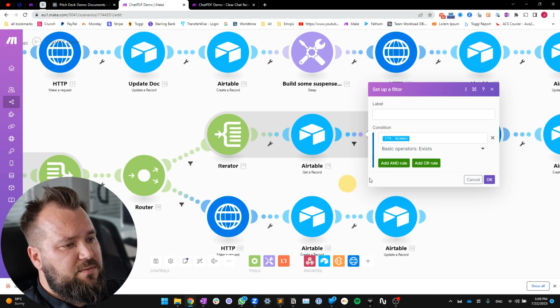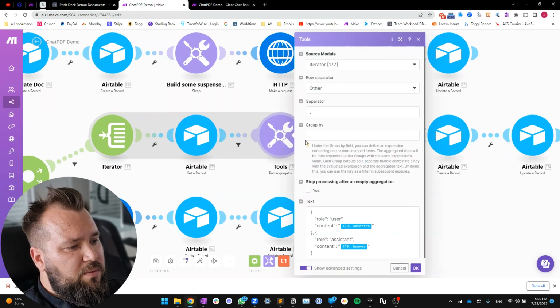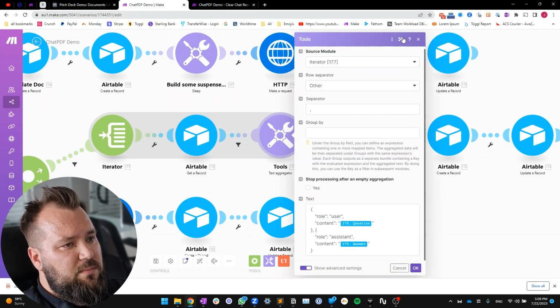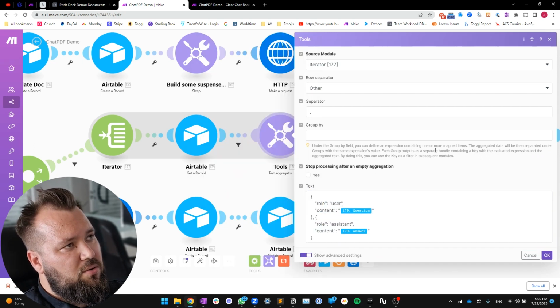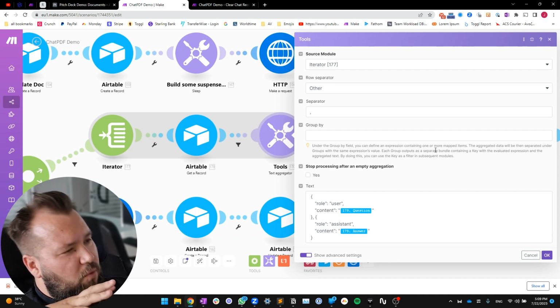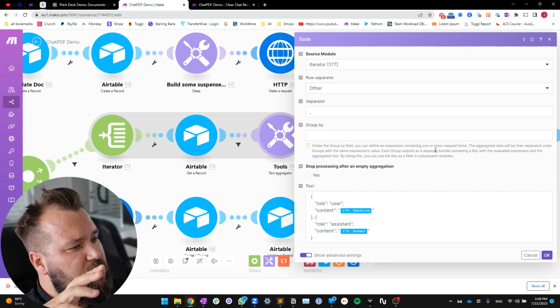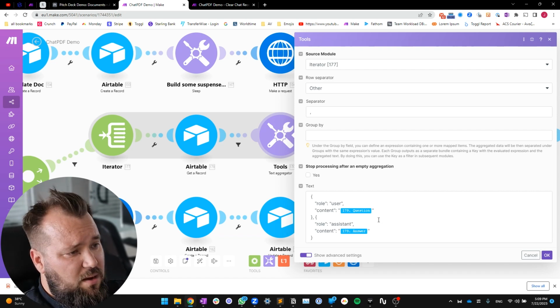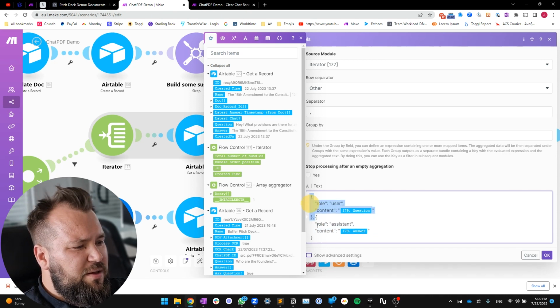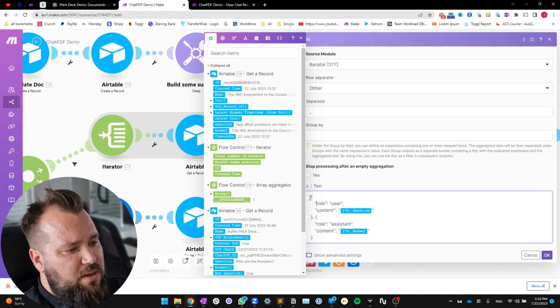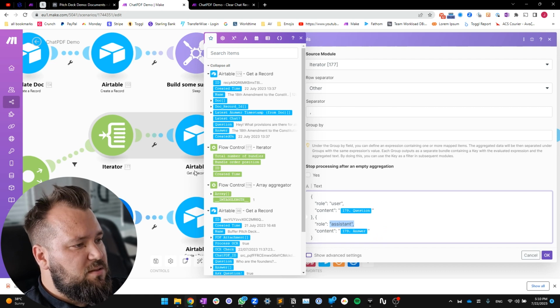So we're adding this filter over there, and here we're creating a text aggregator. Essentially what I'm trying to do here is build context. I'm trying to build the messages for context before I actually post my question. And this is how I've structured my text aggregation. It's basically JSON. So yeah, just like so. And I've also mapped my question for my user and my answer for my assistant,